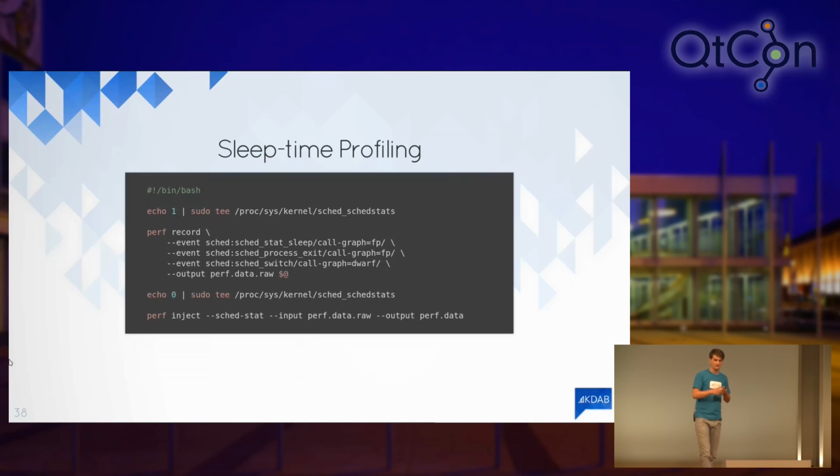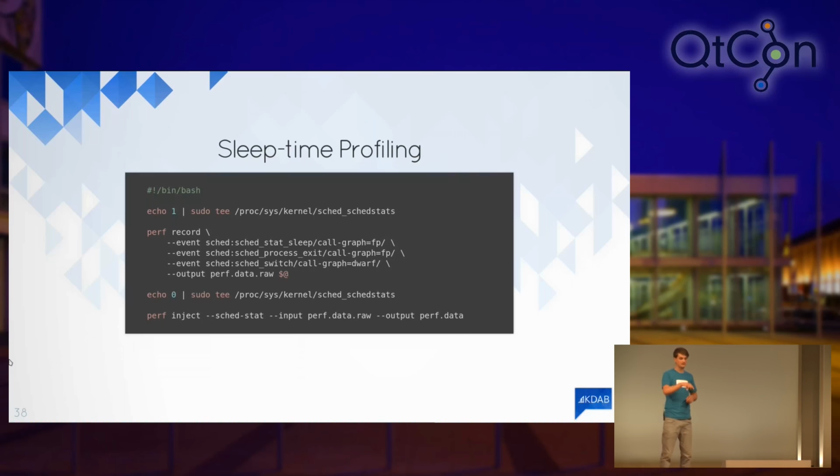And then you record first, for example, the stat sleep, then also process exit to get notified if your process is being shut down, and then the scheduler switch events, which will give you the call graph to where you actually were put to sleep. So this is the interesting point where you actually call sleep, for example. Once you recorded these things, you can disable the scheduler statistic events again because they slow down your application system a bit,